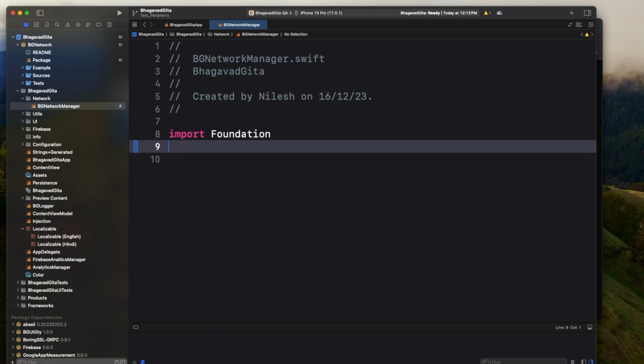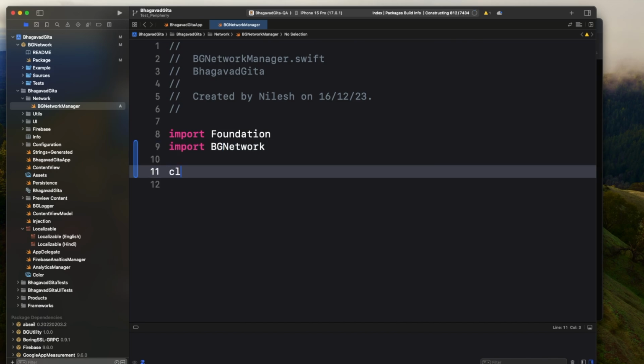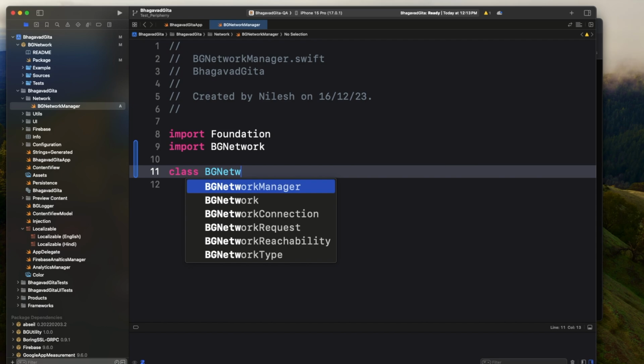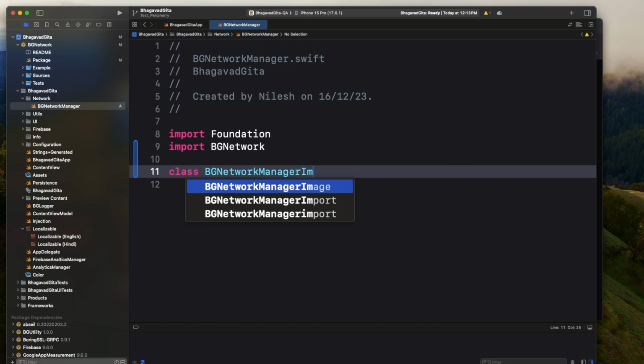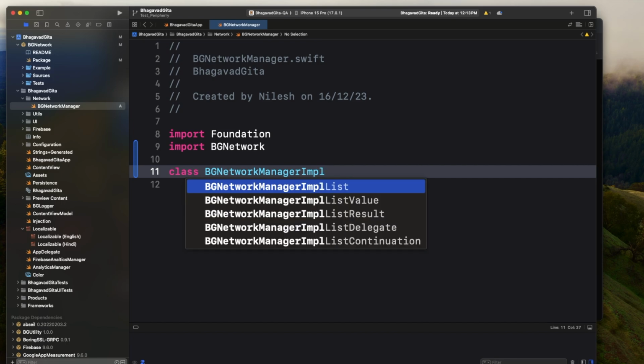So the first thing is that let's import our library. Okay, and let's create a class called BG network manager, and